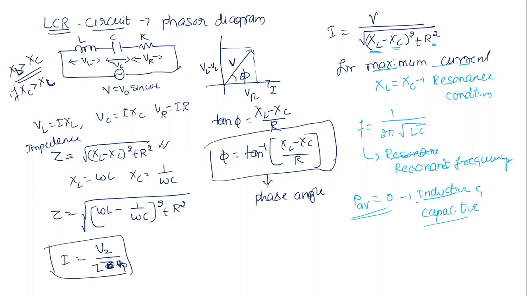One more next topic you need to remember: regarding the transformer, and the value of Q factor. So students, is this slide clear? Can we go to the next slide?